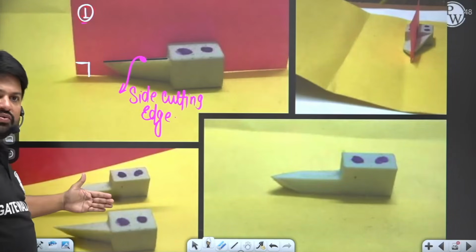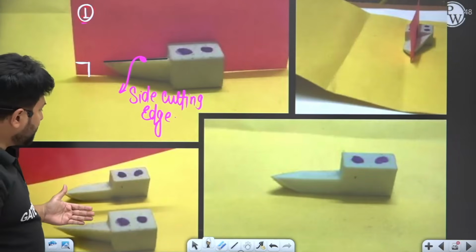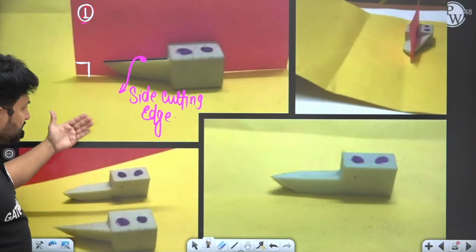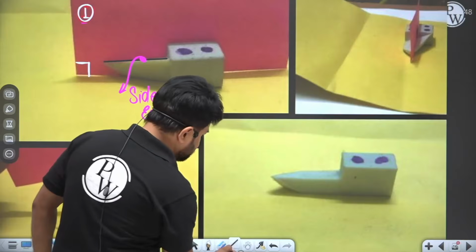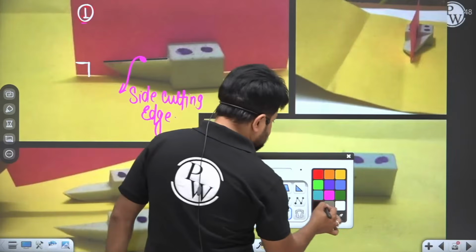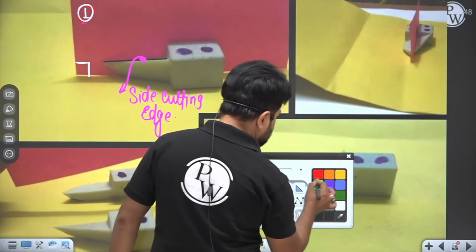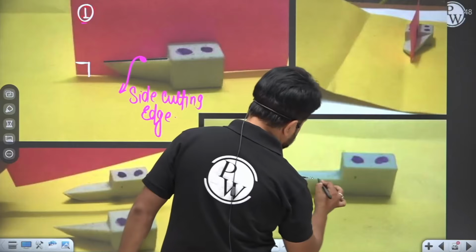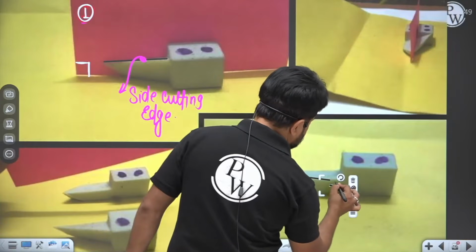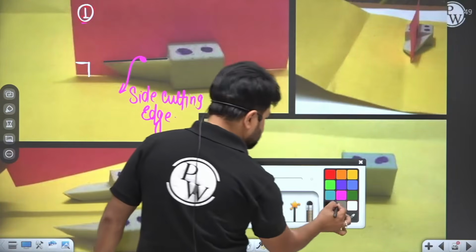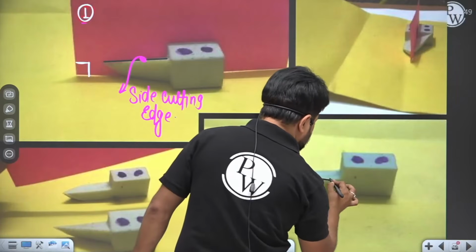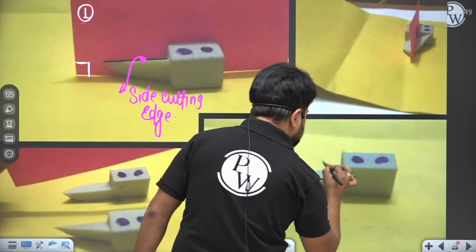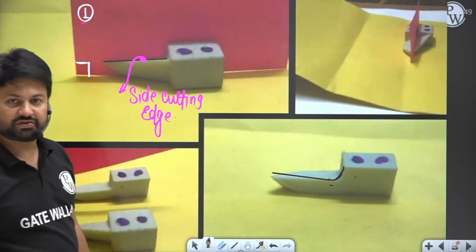When you cut the tool in this plane, or when you take the projection of the tool in this plane, please see, this is the overall projection, right? This will be the overall projection. Now see